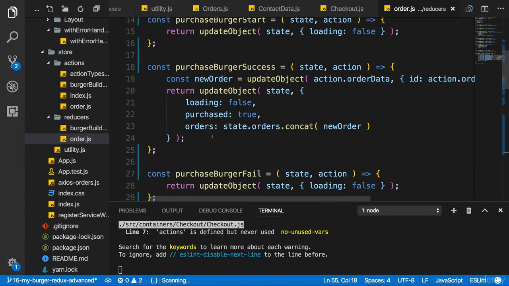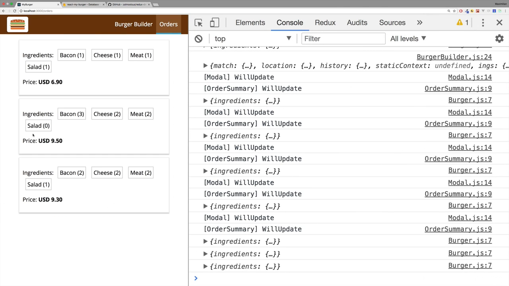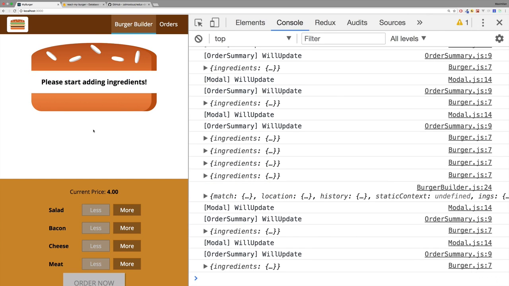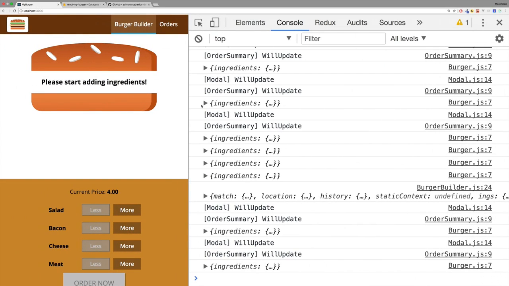And with that, we implemented some advanced Redux techniques into our burger builder application. Now definitely feel free to enhance this even more by making the orders deletable, as I said, or viewable, so that you have a details page for each order. Whatever you want. I like the application as it is right now though. We implemented a lot of cool features, a lot of React and Redux stuff, and with that I feel very comfortable to move ahead and implement authentication in the next lectures.